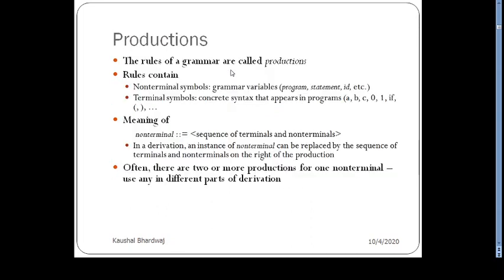So in this rule, there are some non-terminal symbols and some terminal symbols. Non-terminal symbols can also be called grammar variables. In our example, it can be program, statement, ID, etc. Terminal symbols that we have seen are the concrete syntax which will not change. This is something which comes and is not to be replaced with anything. So these we have seen: A, B, C, D or 0, 1, 2. They are